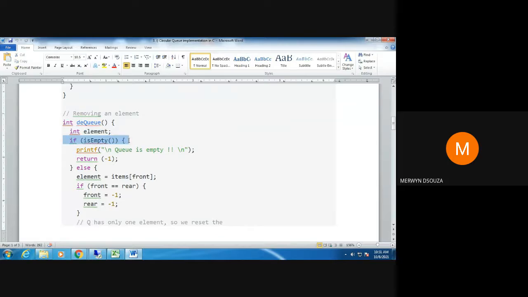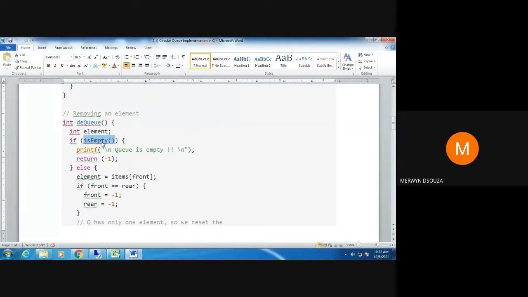Then inside this if statement, in the condition for the if, we call one function called isEmpty. The isEmpty function will be checking whether your queue is empty or not. If your queue is empty, that means the value of front will be equal to -1. Otherwise, it will not be equal to -1.